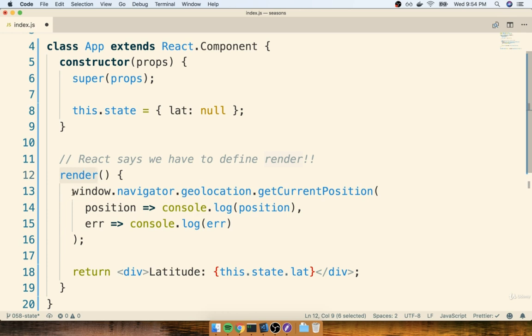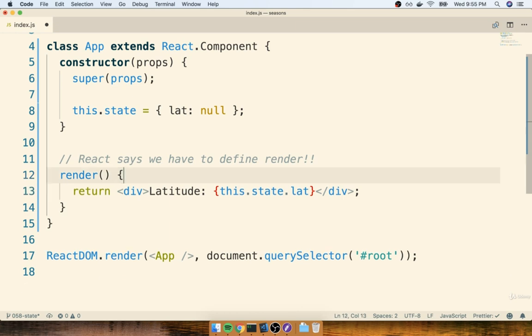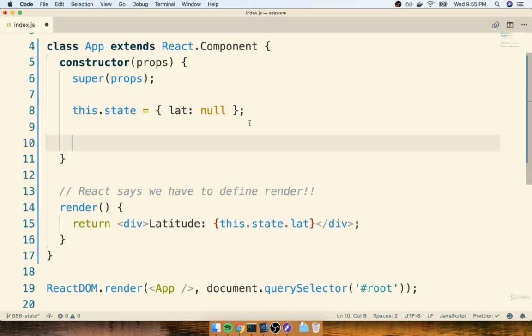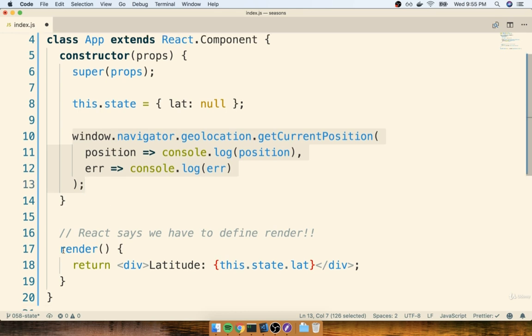So rather than leaving this getCurrentPosition call inside of here, I'm going to cut it and move it up to my constructor, and I can put it right underneath the state call. So now this makes sure that the instant that our app component shows up on the screen, or the instant that we create an instance of it, I should say, we're going to attempt to start to get the user's current location. Then later on, when we call the render method again to update our component, we're not going to accidentally double fetch our current location.